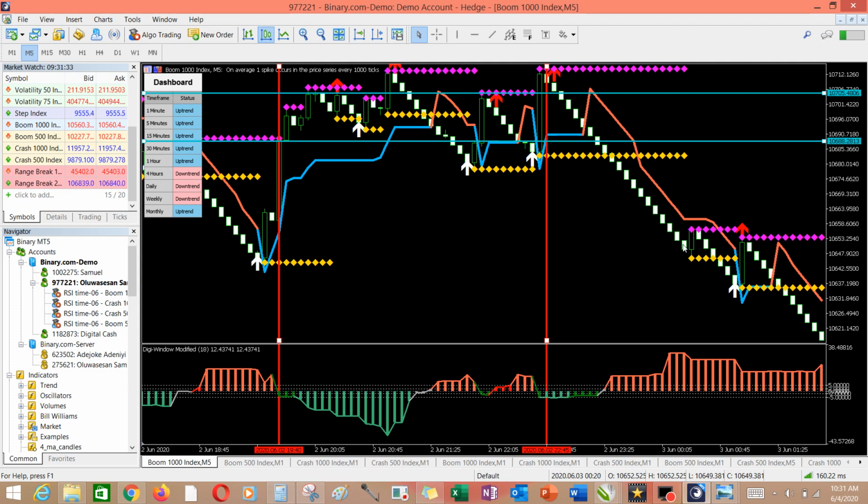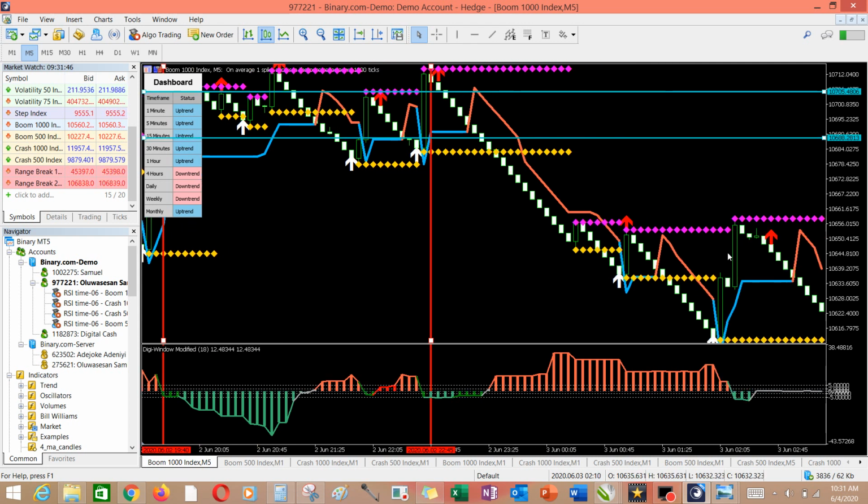At that stage, you should be rest assured that even a spike can't easily take up your money. You can see there is a small spike here and it still went down. There is another small spike here and it still went down. So if you have enough capital and with what you have earned, you can have the courage to stay till this level. So that is how to use the breakout strategy and also the retest strategy to trade successfully.